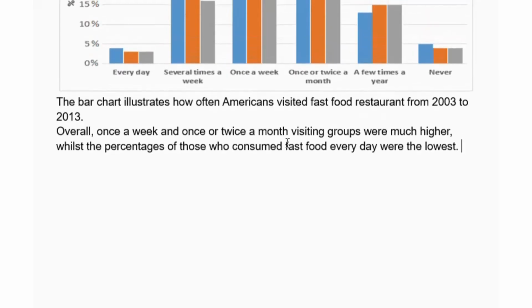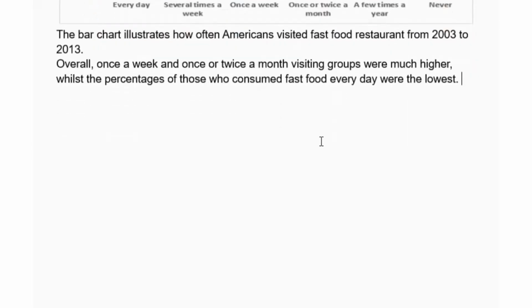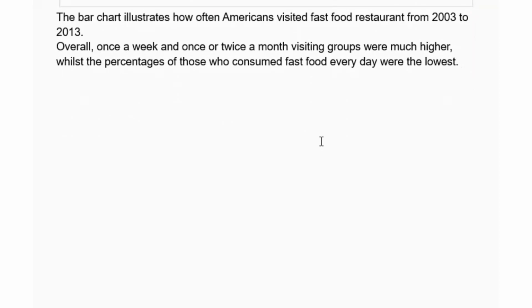We could have added this never category as well, but this one is a bit higher compared to this. That's why I ended up choosing this one. I hope you can understand this one now, and now I'll move to the body part, where I'll start by saying that